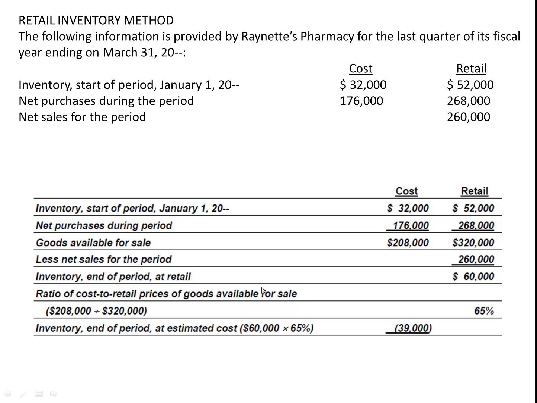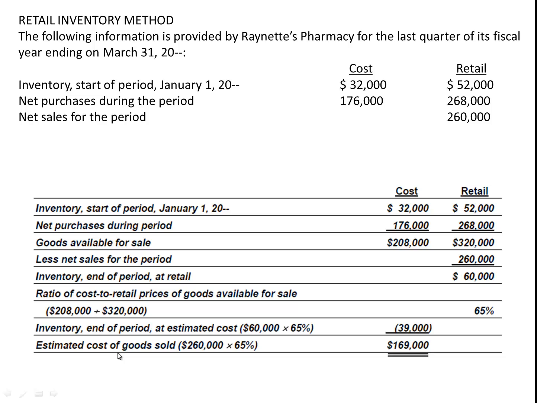The next thing we're doing is a ratio of cost to retail prices of goods available for sale. It means that our cost at $208,000 is approximately 65% of our retail. We take the 208 divided by the 320, and that's where the 65% comes from. If our costs are 65% of our retail, that means that for our $60,000 of ending inventory at retail, the cost would also be 65% of that, which would be